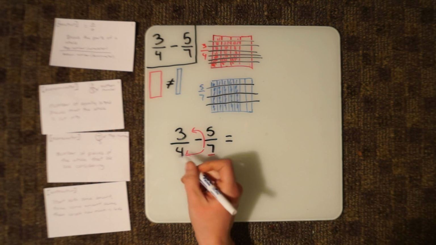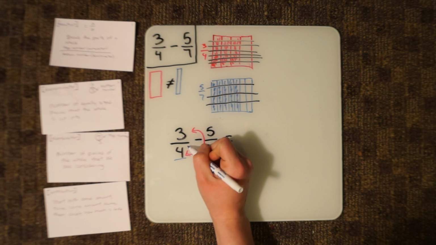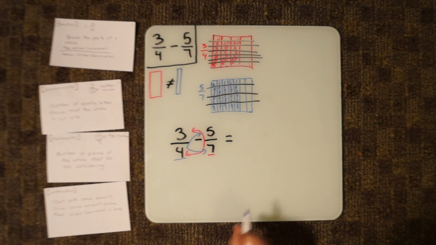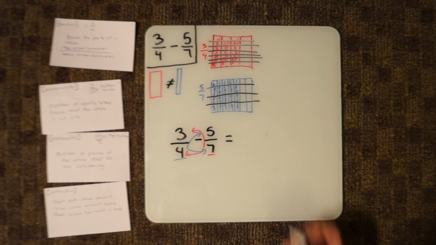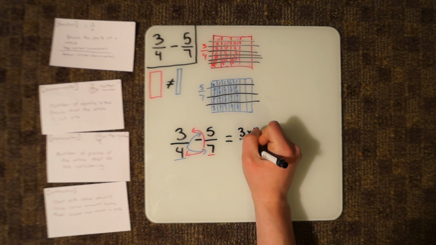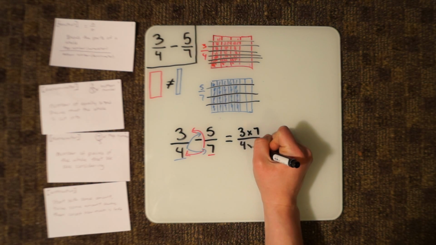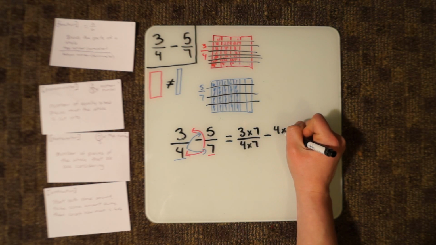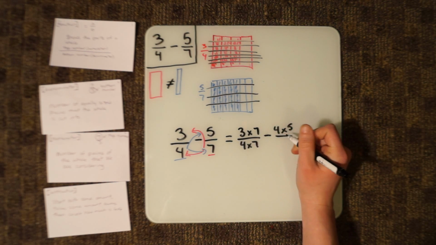And then you'll do the same with the denominator of this fraction. Multiply 4 times the numerator and 4 times the denominator. So then you'd rewrite this as 3 times 7 over 4 times 7 minus 4 times 5 over